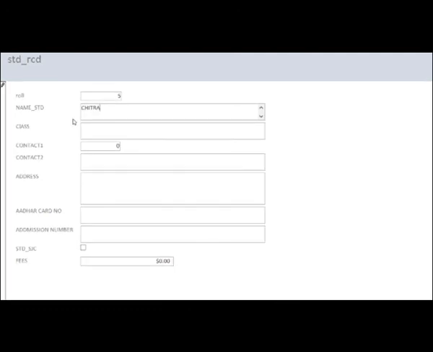See here one important thing, children: when you type the name, then automatically you will see the roll numbers are mentioned. We are not typing the roll number. Why? Because the roll number data type we have taken was auto number, that is, the numbers will be generated automatically by this software.